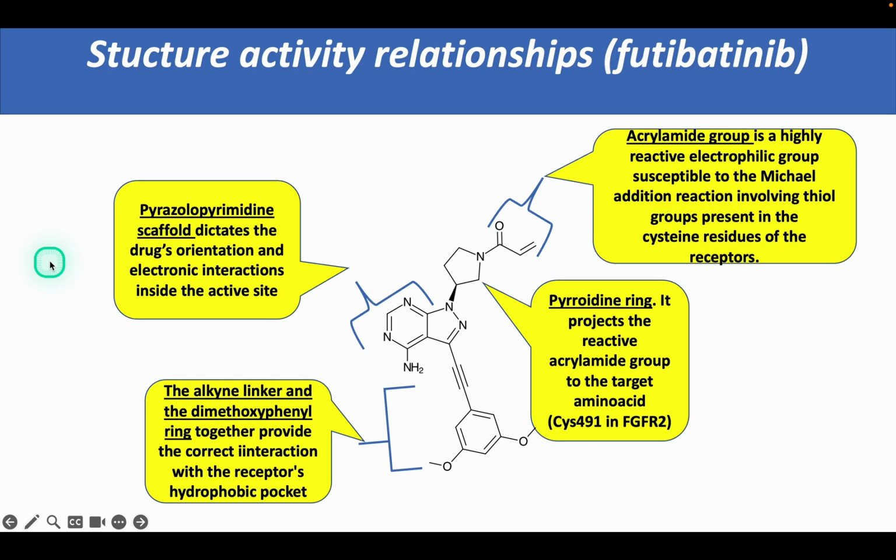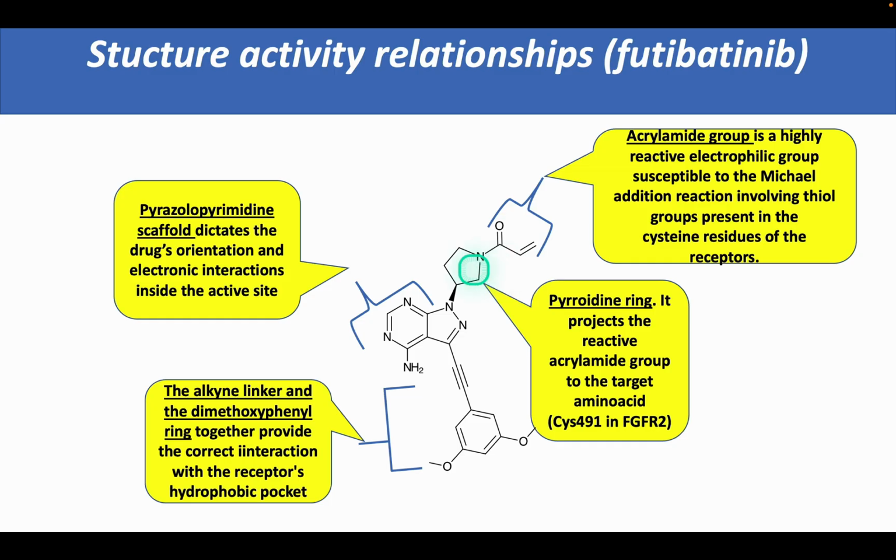Regarding the structure-activity relationships of Futibatinib, the acrylamide group stands out, which, as previously mentioned, is an electrophilic reactive group, which reacts with cysteine residues in the receptors, forming covalent bonds. Other groups present in the drug, such as pyrrolidine, project and orient the acrylamide group to facilitate the reaction with cysteine 491, as in the case of the receptor